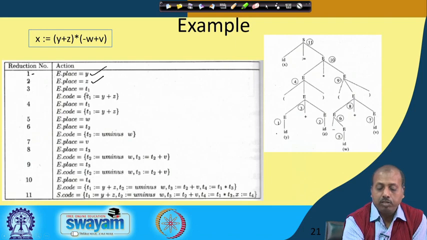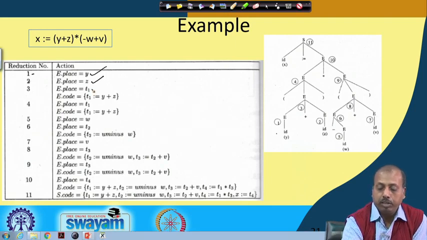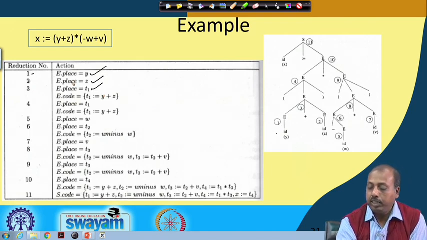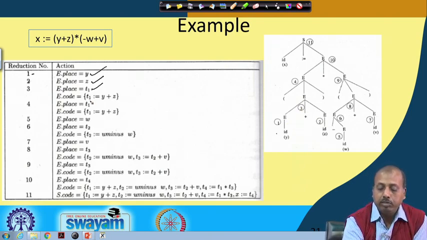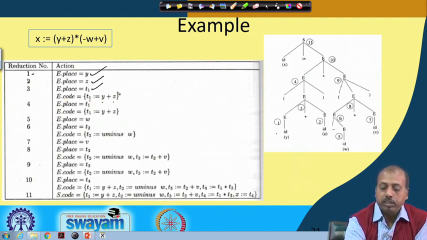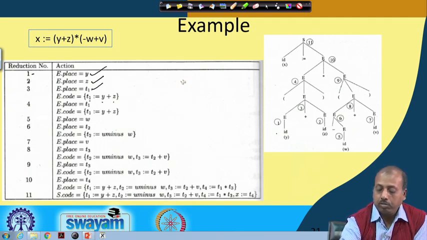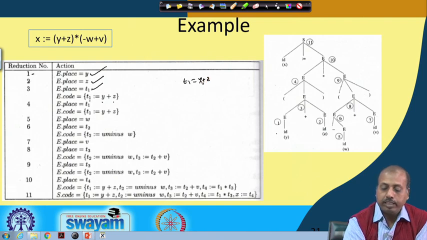E dot place equal to T1. Here I have a new temporary variable T1, and E1 dot code and E2 dot code are null, so nothing is done. Then, for the new temporary, E dot place, that is T1, equals E1 dot place plus E2 dot place, so Y plus Z. So the code that is generated is T1 equal to Y plus Z. This line has been generated.